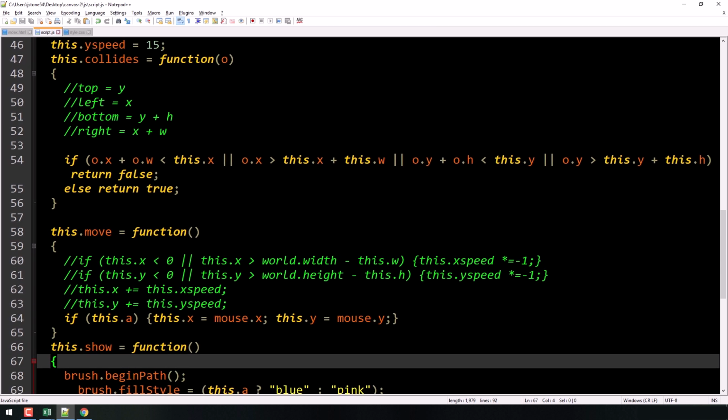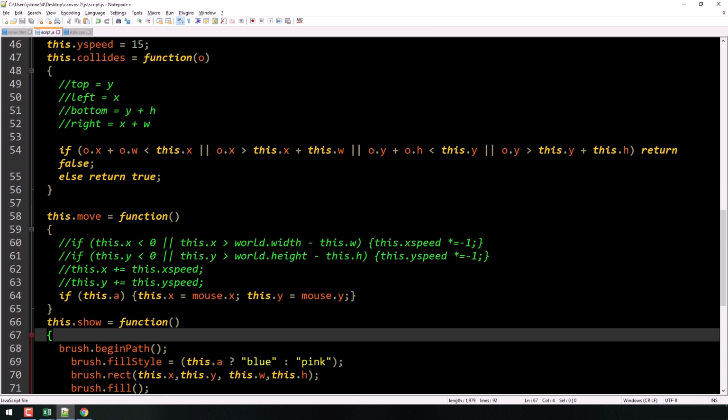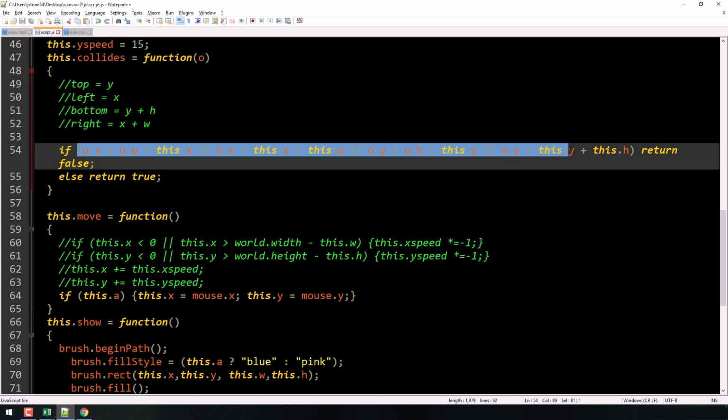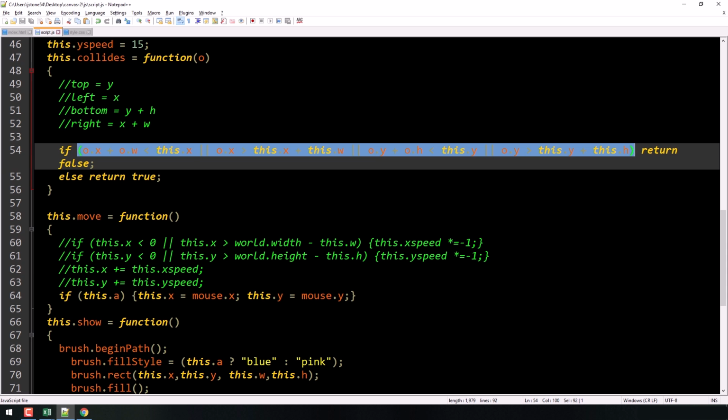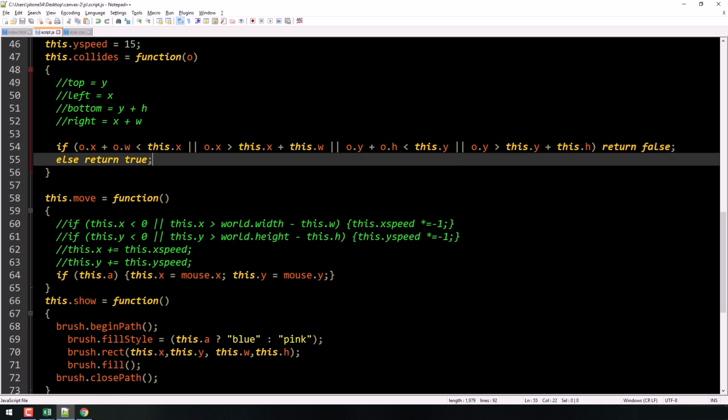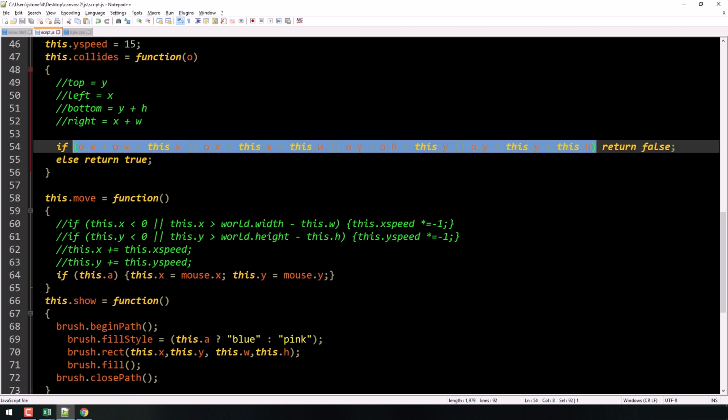One last thing we can do, this is a nice little trick when you have something that's just going to return a true or false. This whole thing right here will evaluate to just true or just false. So I could just simply say return this, which is almost what I want to do, right? Because whenever that's true, I want to return false, if that makes any sense. So I want to return the opposite of that. So I can just simply say return not that whole thing.